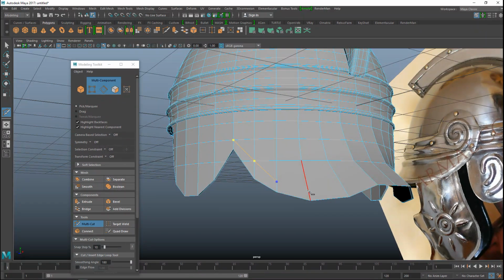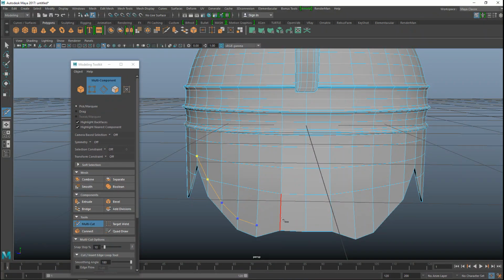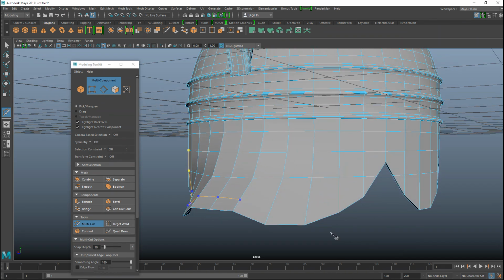And I'm going to work my way around, like so, and try to get somewhat of an even edge. Okay, and we're going to hit enter,